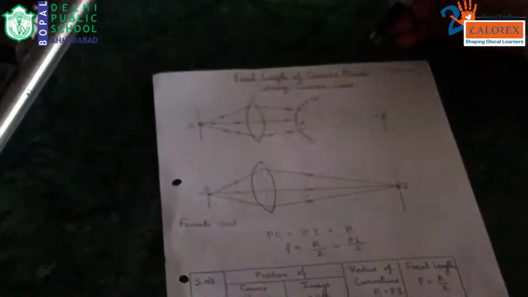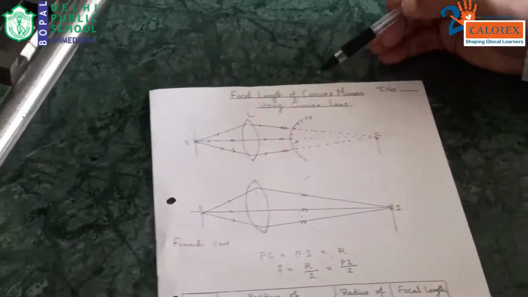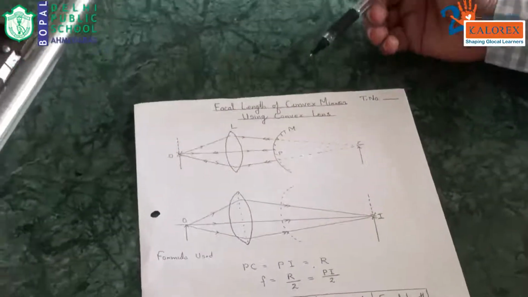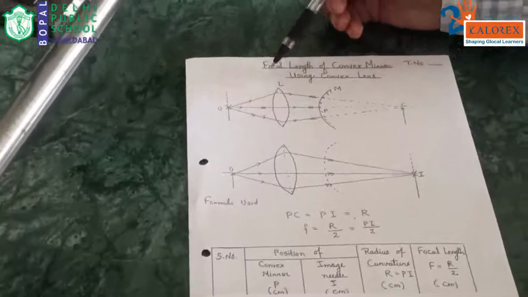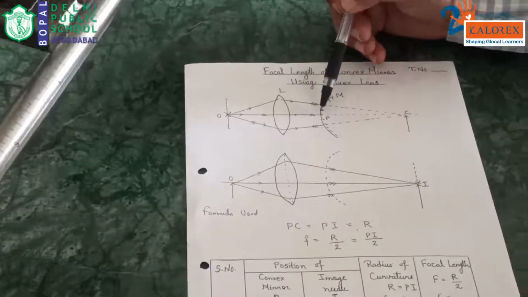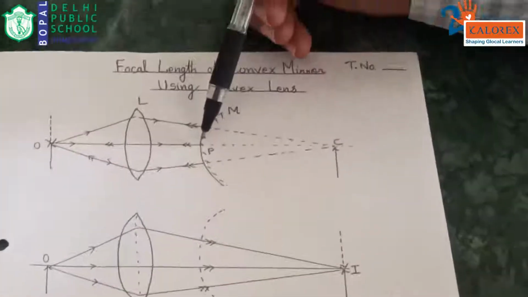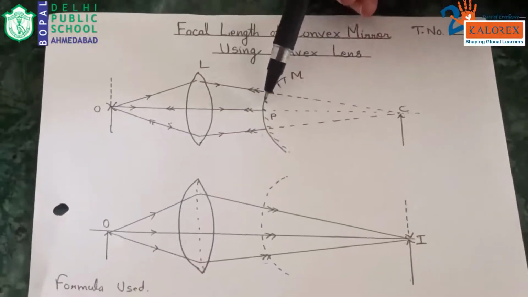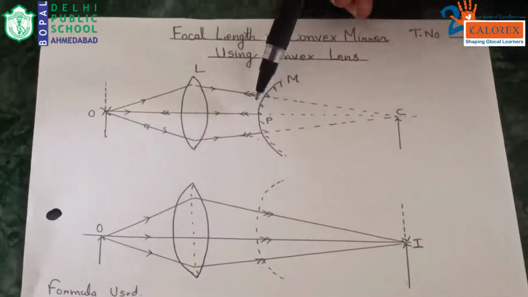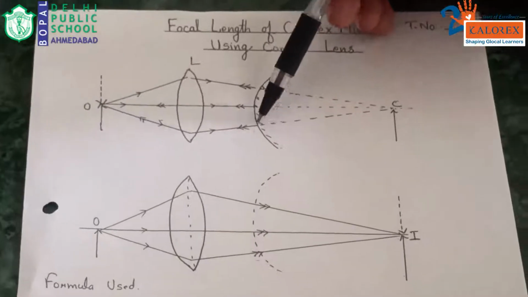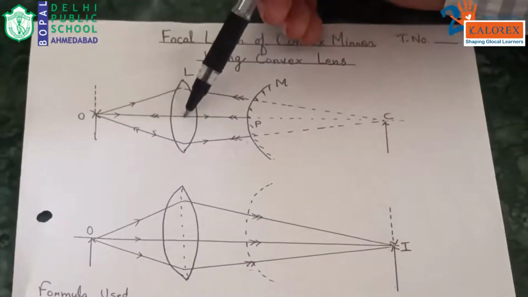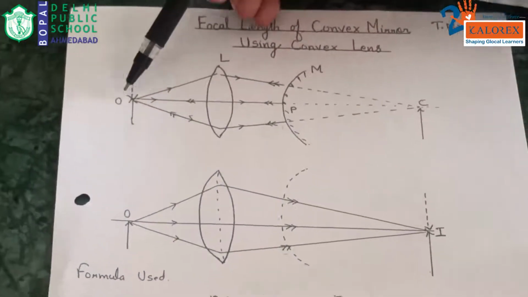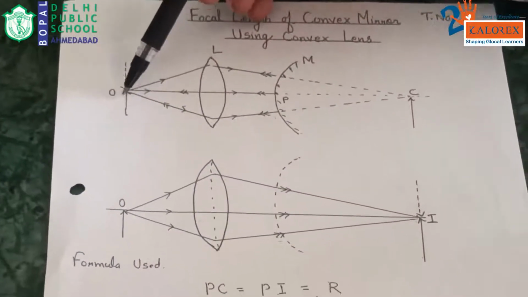So we cannot get the image through the mirror directly. So we are trying to get the image using a convex lens. Here generally we keep a particular fixed position. I generally keep the position of the mirror, that is P, at a fixed position, and suppose it is 40. I put the lens near about 10 centimeter away, so the position is 30. Now, with trial and error, this is O, the object.